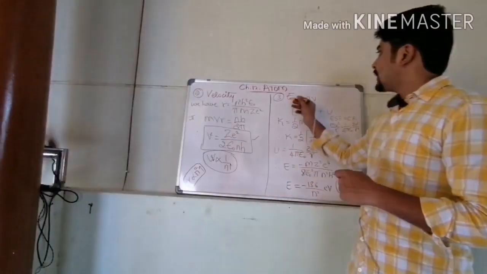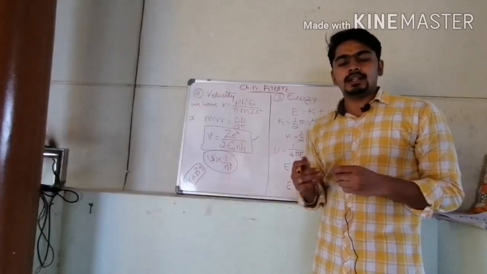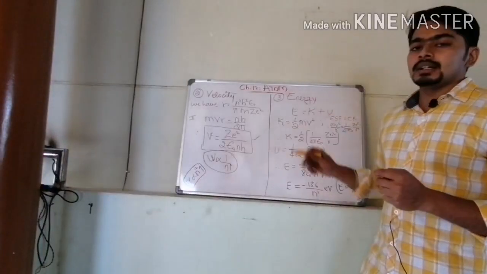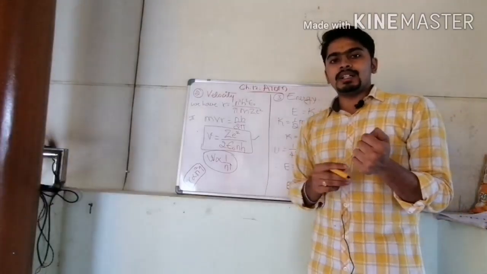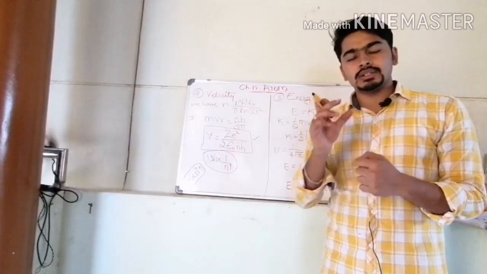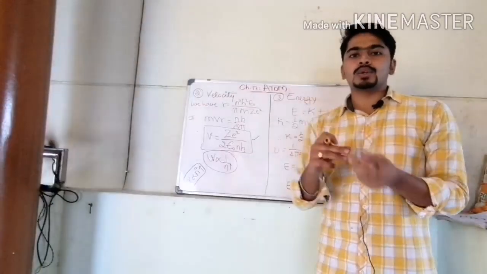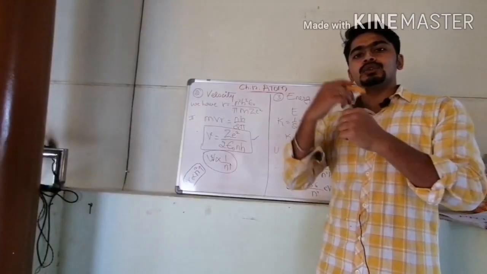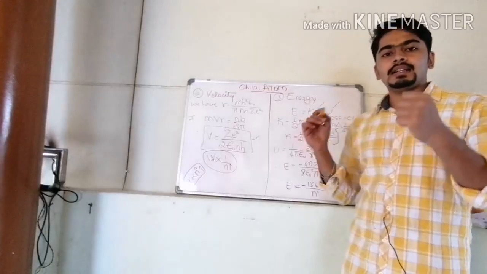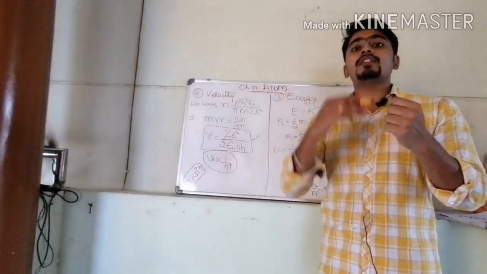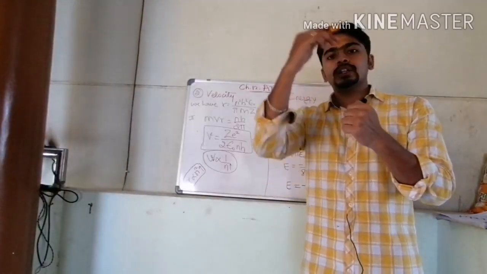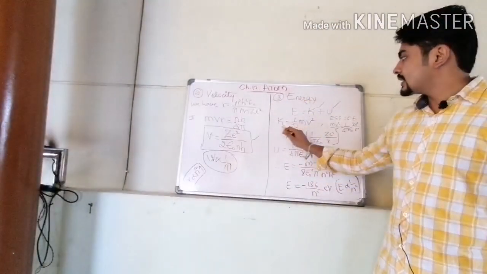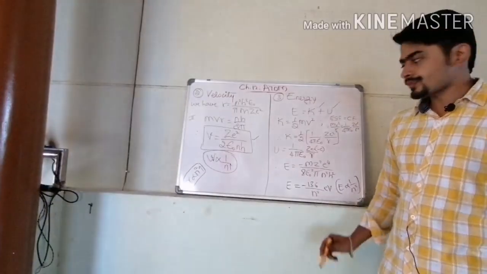Similarly, with the help of the third postulate, we are deriving the value of energy. That is, if an electron is moving in an orbit, it must possess some velocity, some energy. That is, the total energy is kinetic energy and potential energy. Kinetic energy is due to motion and potential energy is with respect to the position of the electron in those orbits. So it will possess both energies. So kinetic energy is half mv square.